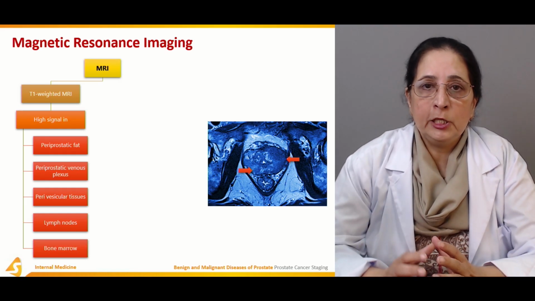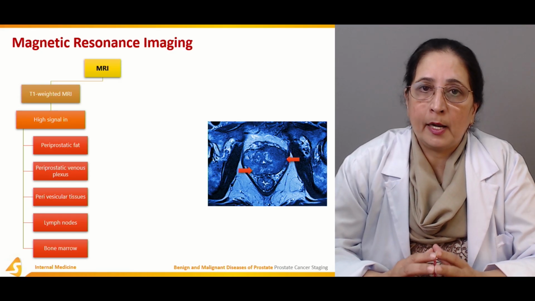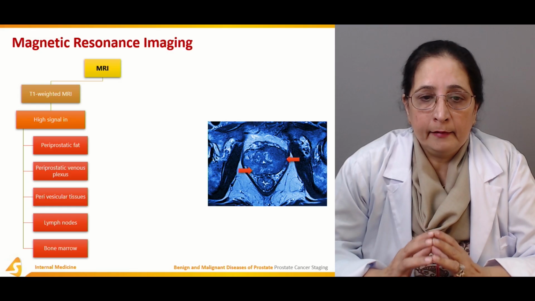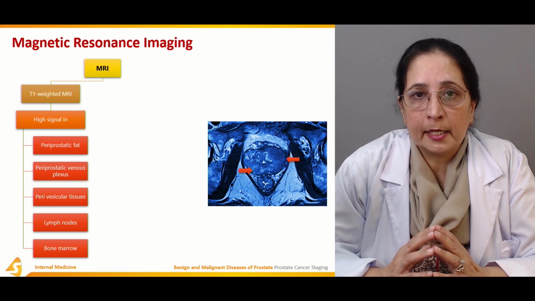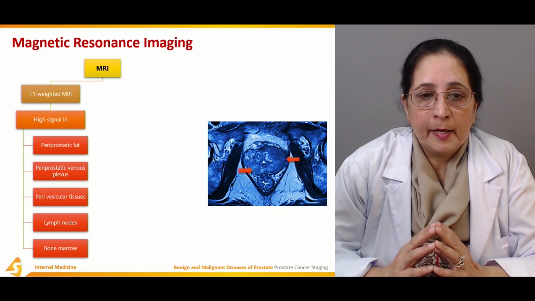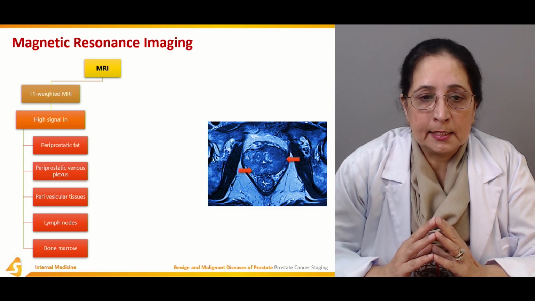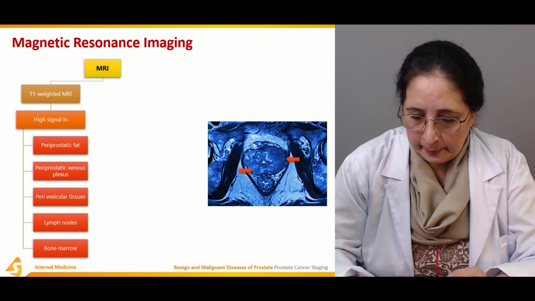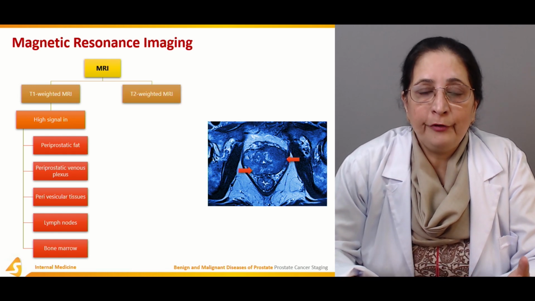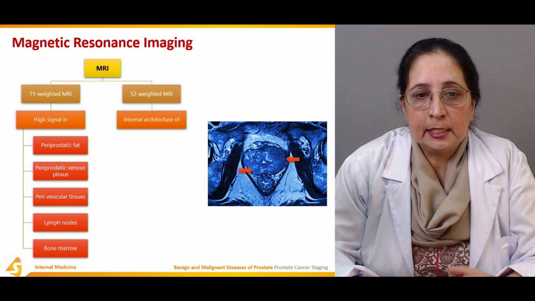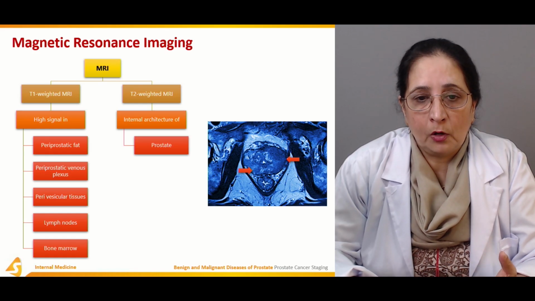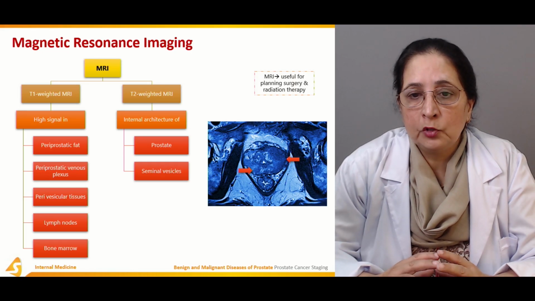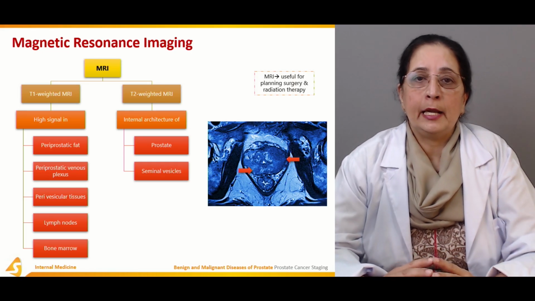So the T1 weighted MRI is helpful in detecting the areas of periprostatic fat, periprostatic venous plexus, perivesicular tissues, lymph nodes, and bone marrow. T2 weighted MRI shows the internal architecture of the prostate and seminal vesicles, and is useful for planning surgery and